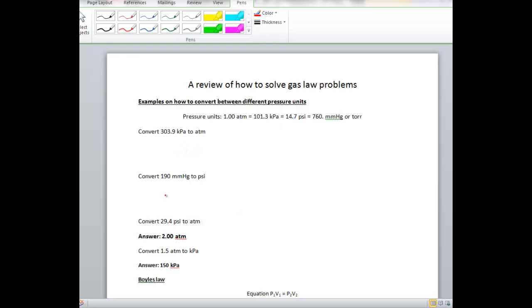So I'm going to do 2 examples. I've given you answers to a second set of problems, and you can try to solve for these particular answers. So we're first going to start with this one here. I'm going to write down what I'm given. I want to convert this to ATMs. Well, I know that 1 ATM